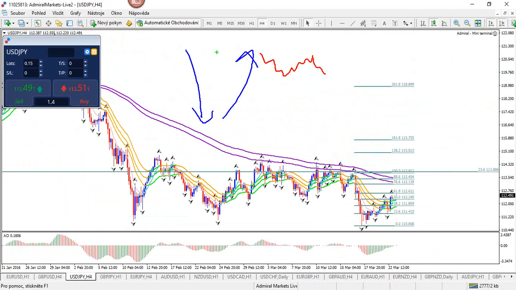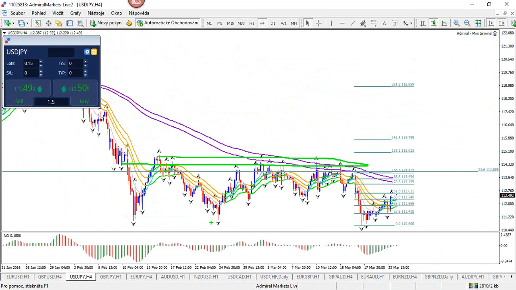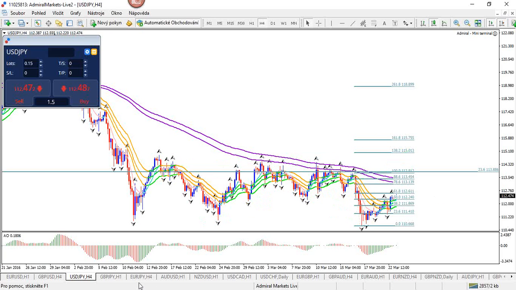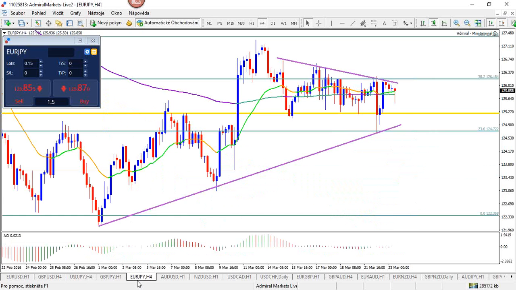So what is the breakout? We can put trend lines like this and wait for that. The dollar yen had that. Here a trend line, and here a trend line, right? So now the upside break I was not interested in, but the downside break was interesting in this case. Other things could be moving averages, for instance, a break above or below moving averages. Now with the euro yen, maybe not, because the moving averages are flat, but